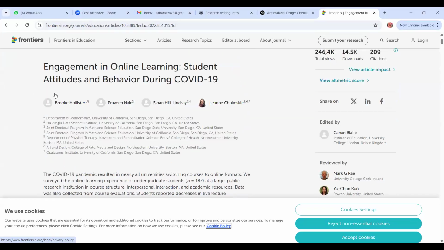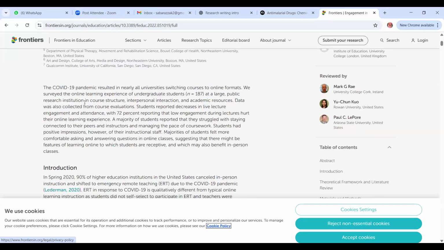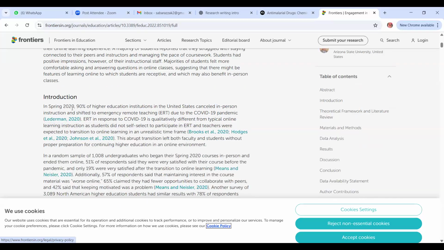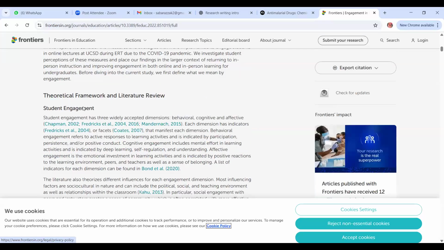Abstract is something that is to be written last. Abstract is basically a summary of your whole article, whole study. Abstract also includes your introduction. The IMRaD parts are concluded in the abstract. First, now we come to the introduction. After the introduction, we go to the